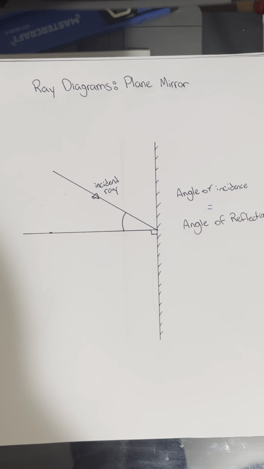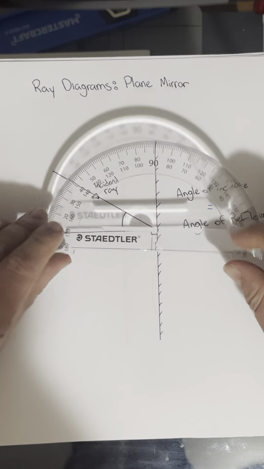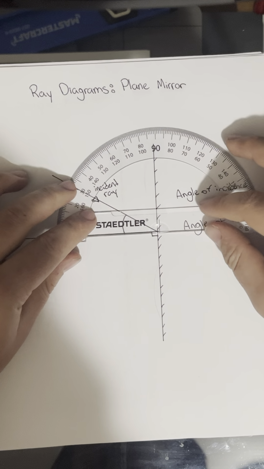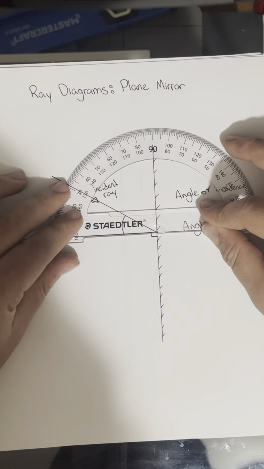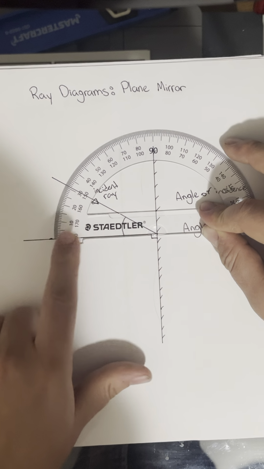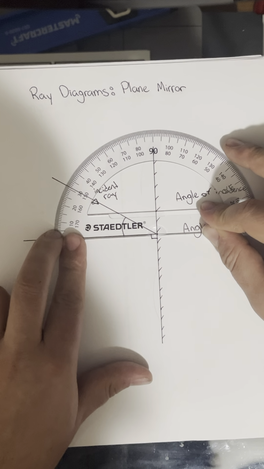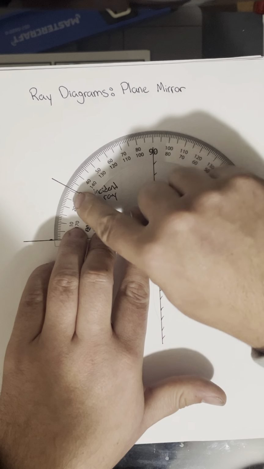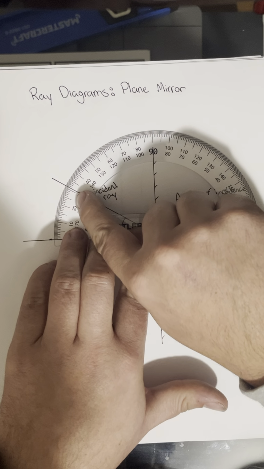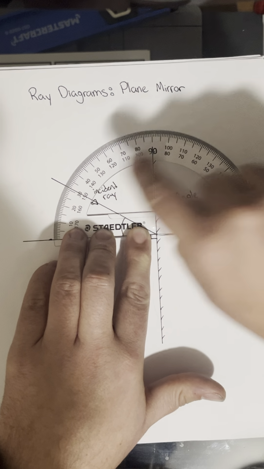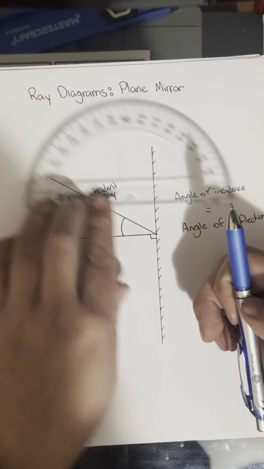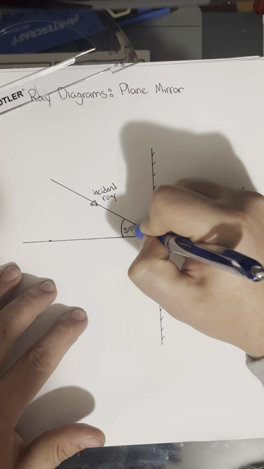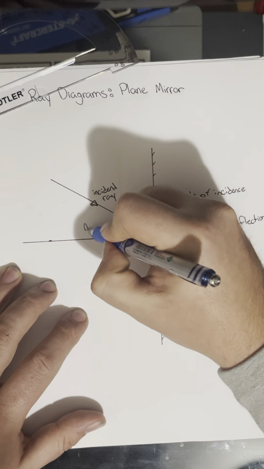In order to do that, you will take your protractor and put the point of your protractor, which is right in the middle, so that the line on the bottom of your protractor is lined up with the normal, and then you will measure the angle that the incident ray is coming off of. So we can see here I have the 30 degree mark, so that will be approximately 31 degrees. If my incident ray is coming in at 31 degrees to the normal, or my angle of incidence,